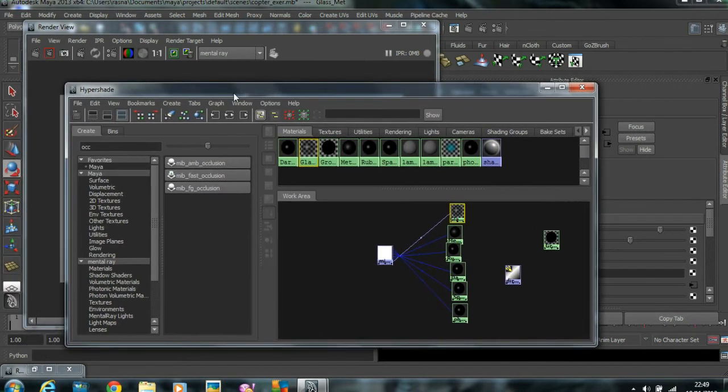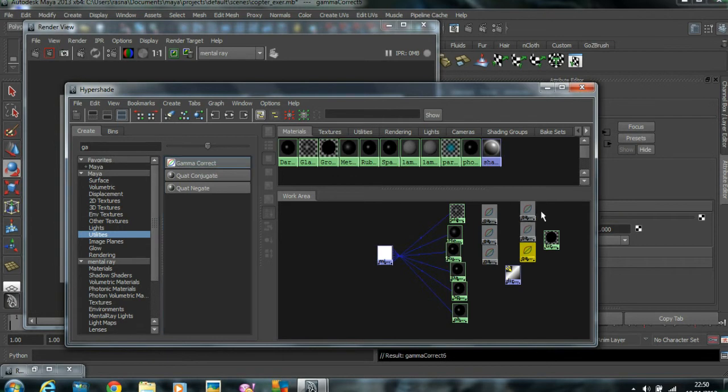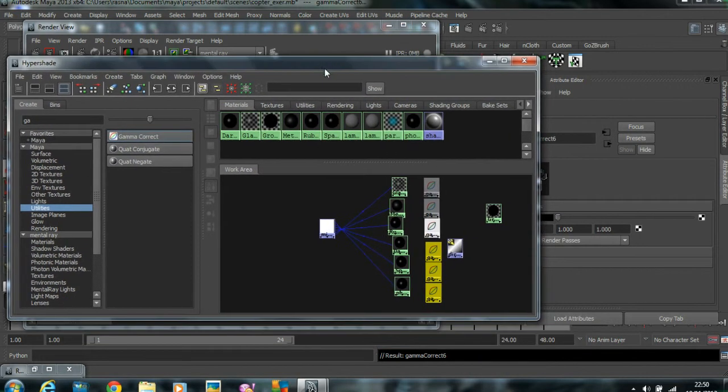Now here what I'll do, click on utilities in Hypershade. I'll go for gamma. How many materials do I got? 1, 2, 3, 4, 5, 6. Okay. So 6 gammas. 1, 2, 3. I'll put it here. 7, 8, 9. Sorry. 6 gammas. Okay. Now first thing,